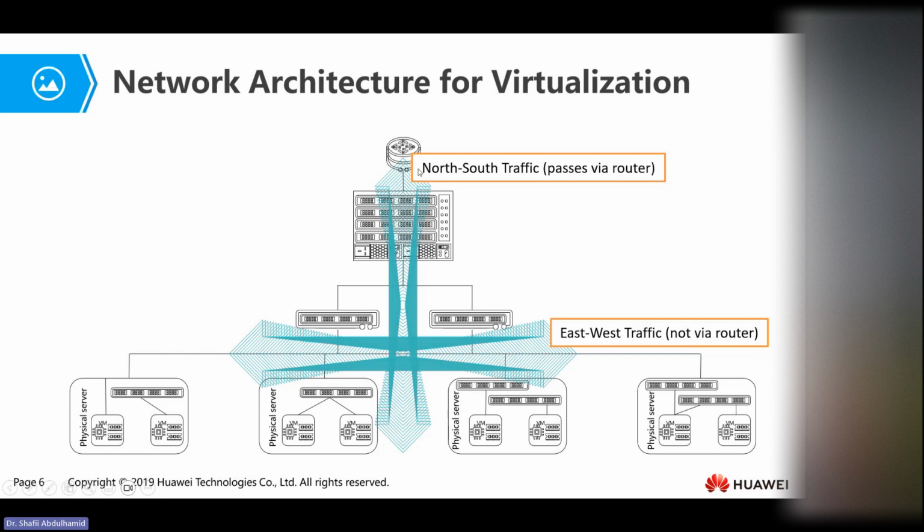Now let me explain again. Assuming we have another device somewhere outside of the network that wants to communicate with either of these, it means that the traffic coming from that device has to pass through the router, right? And then through the layer 3 switch, and then it goes down to the layer 2 switch, and then of course it goes down to the virtual switch, which connects you with the NIC, or virtual NIC, to the virtual machine.